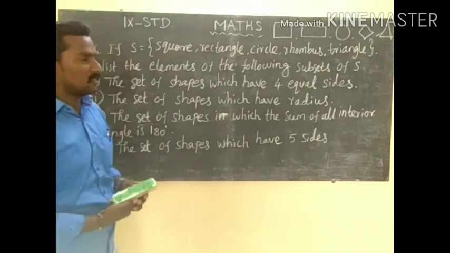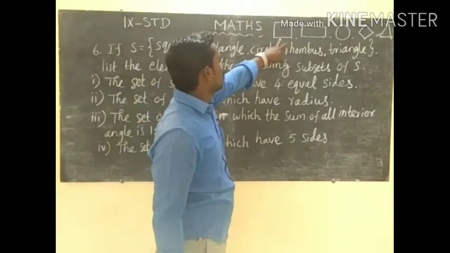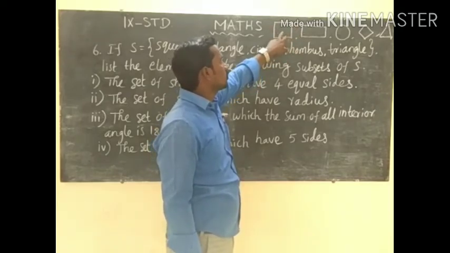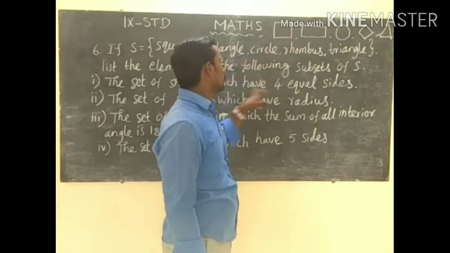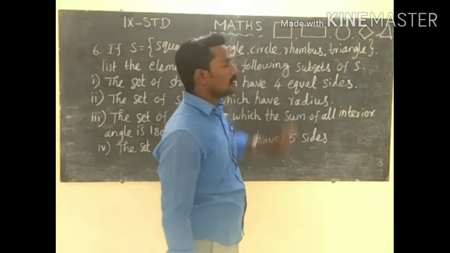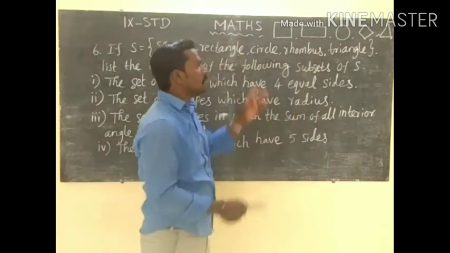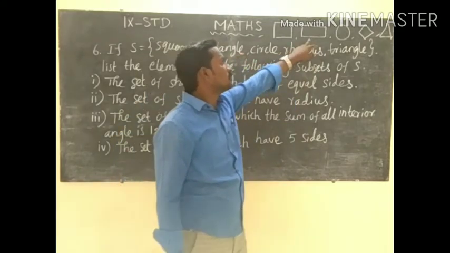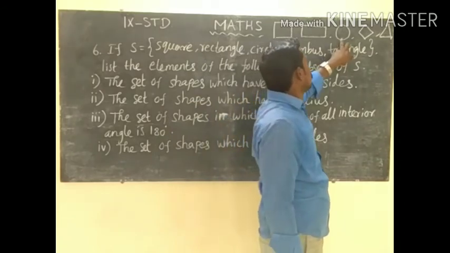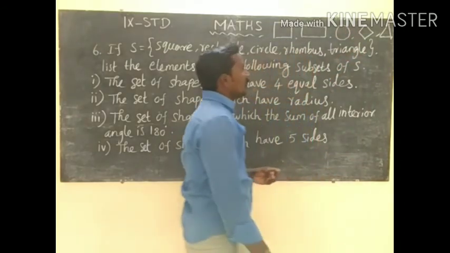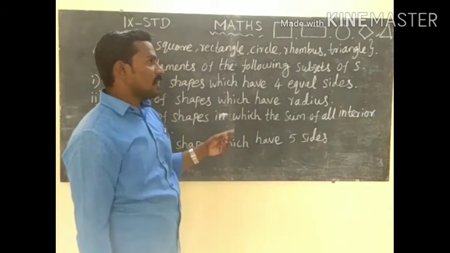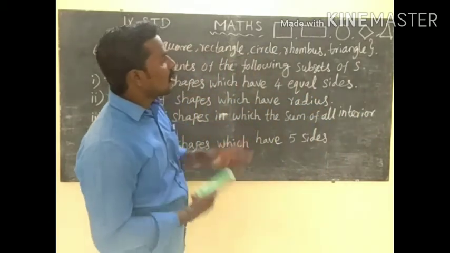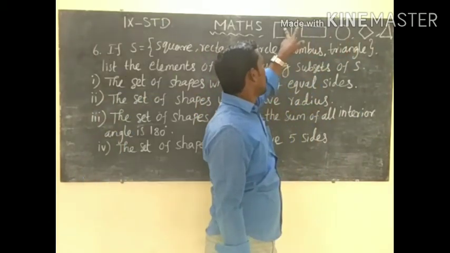So, have 4 equal sides. The definition of the properties of a square: all sides are equal. This has 4 sides, so 4 sides are equal. So this has 4 equal sides. Then the rectangle property: opposite sides are equal, the adjacent sides are not equal. This is the rectangle property. For the circle, the radius to all the end points is equal. Then the rhombus: all sides are equal, which is one of the properties of the square.